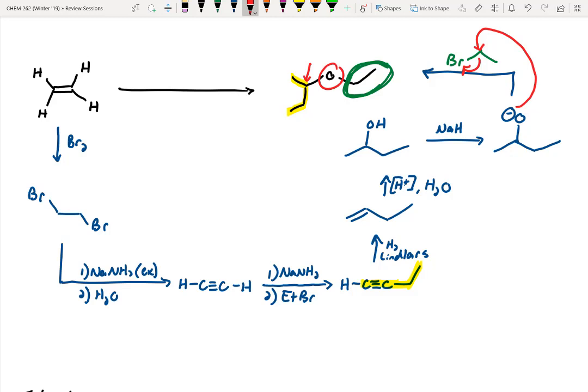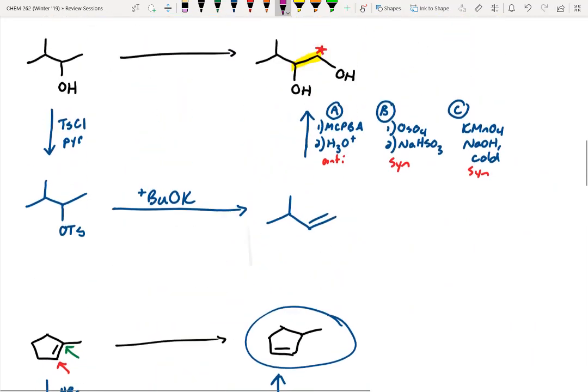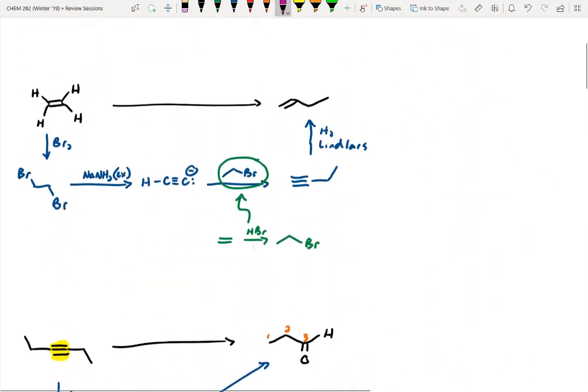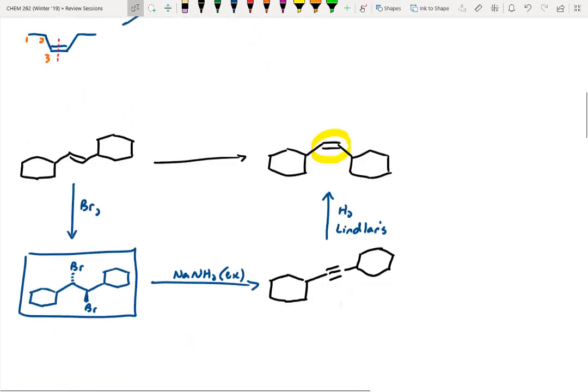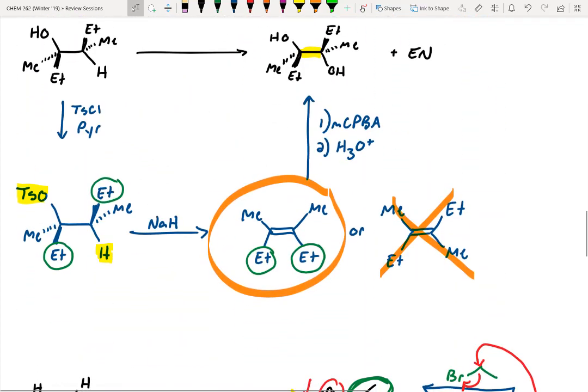The other thing too is with synthesis problems on exams, I'll mention this when we do the practice exam. If there's a common intermediate, you can just say C above and I'll understand. So for example, what I mean by that is this intermediate right here, we made in our first two problems. So if you run into that situation on an exam, you can just say C above for the intermediate formation. I'm fine with that. That can save you a lot of time. That way you're not just repeating yourself over and over again. Make sense? All right, I threw on a few more practice ones that are more related to this last chapter,